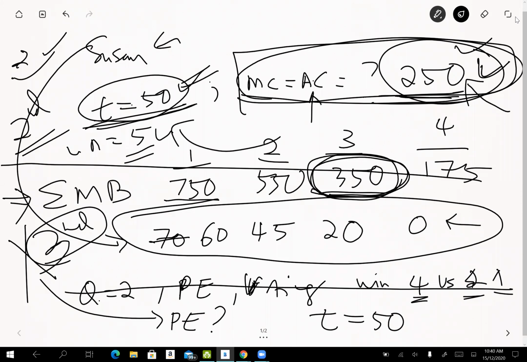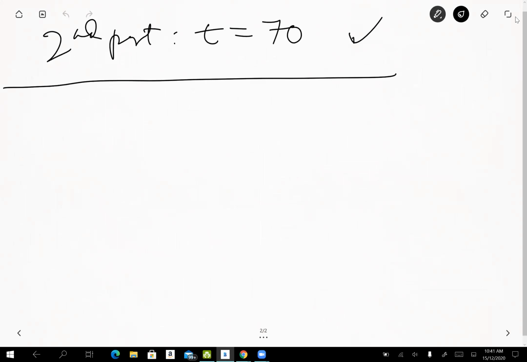Now, do you understand what I say here? Yes, sir. Okay, good. So for the second part, you use the tax share 50, 70. Then the third part, where I change the Susan demand function, you go back to 50.